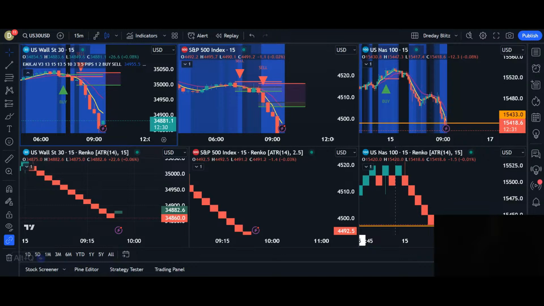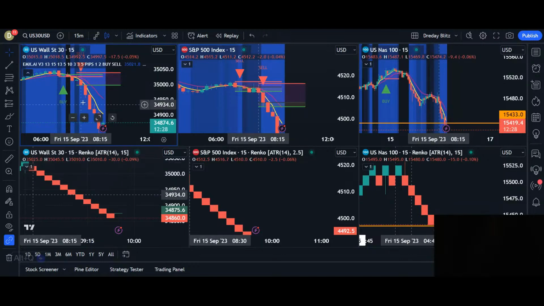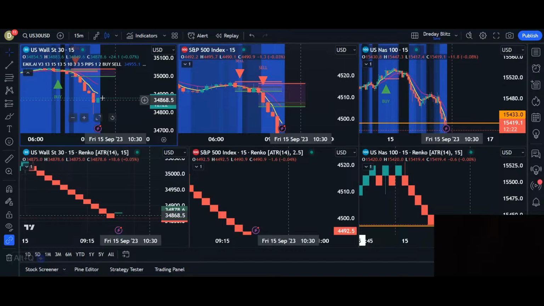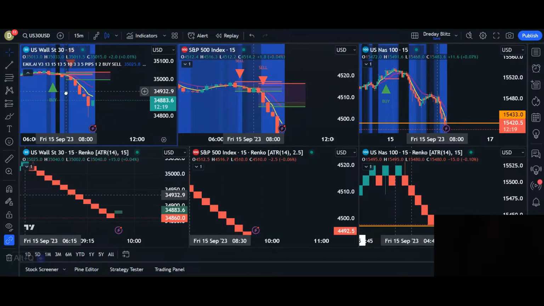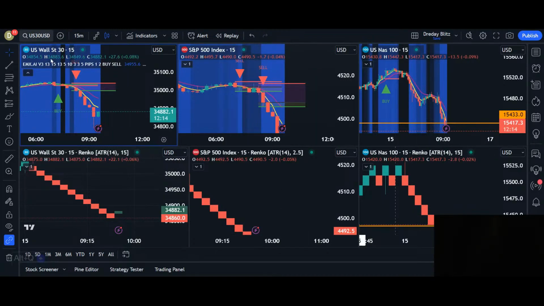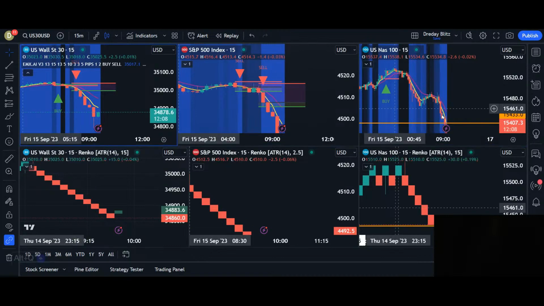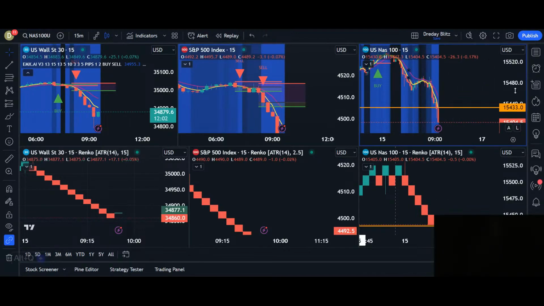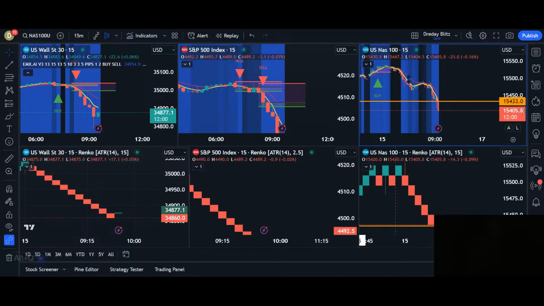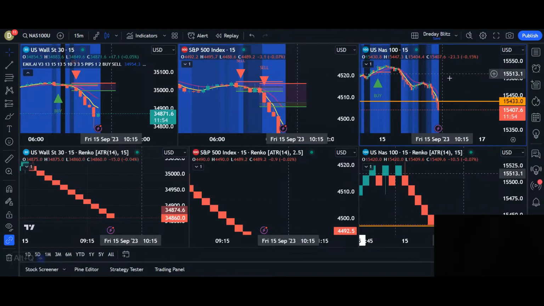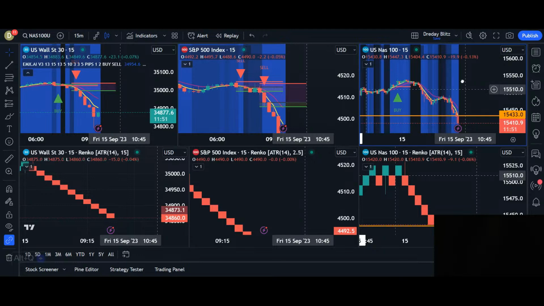All right, so let's look at the market. Overall, we're still looking for a bearish movement here at market open. Like I said, it seems that the move was already made here around 8:15, 8:30. US 30 and S&P 500 had a great move here. And like I said, regarding the EMX AI,